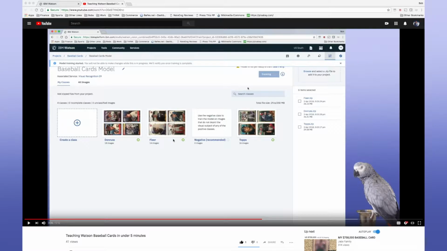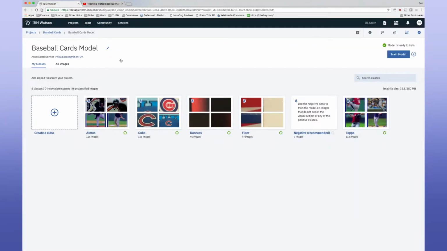I just wanted to show very quickly how easy it was because I realized that it didn't take a lot of images for Watson to actually figure out the brand of the card. But once you started mixing different years and versions of the card, the results started getting a little skewed. And in most cases, the results were not really good at all. So I had to actually